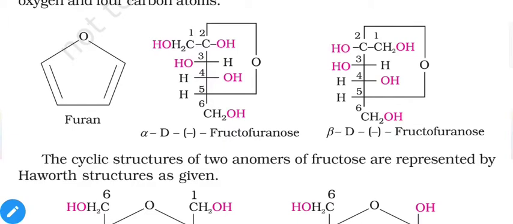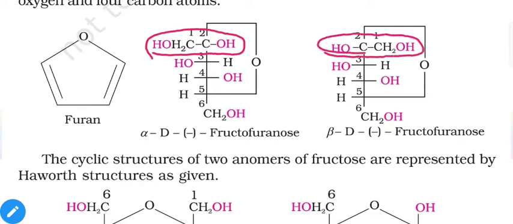And just like glucose, it shows two different alpha and beta forms because of a slight difference in them. So where is that difference? Let's try to find it. As we can see on this second carbon, we have two different groups, CH2OH and OH. They will flip their positions and the whole remaining structure will be the same in both of them. That means the only difference is that these two groups are interchanged, and it gives us two different alpha and beta forms of fructose. This CH2OH and this second CH2OH are substitutions on the 5-membered ring on carbon numbers 2 and 5.